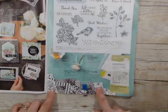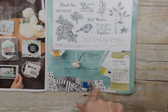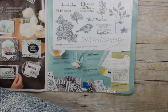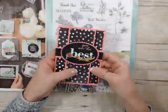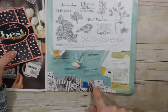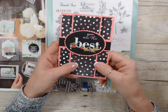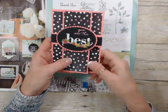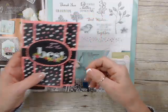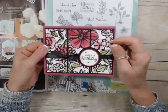Here is another sweets. So you get the paper in the bottom right here. I've been using a lot of that. This paper here, you think it was polka dot in the pink? No, it's this paper that I use the blends to color my polka dot a different color. So even if it's just black and white, you can color them. Like this one here, that's part of the